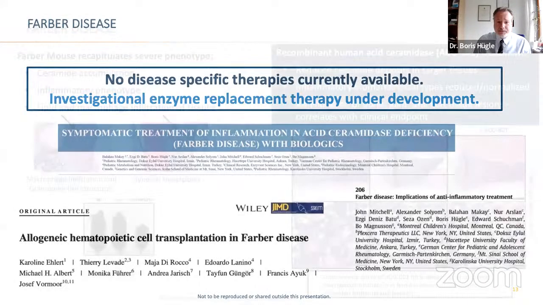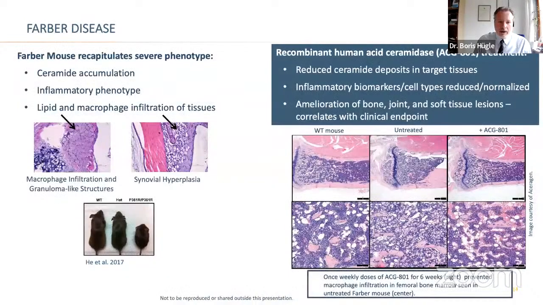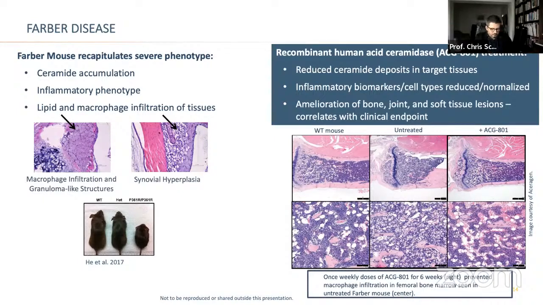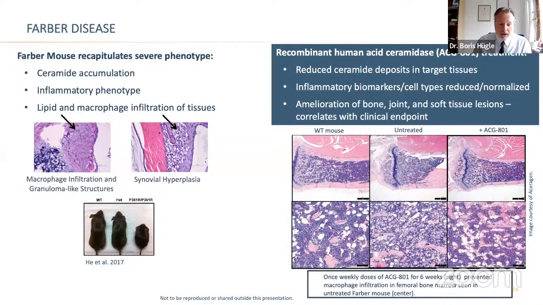Next slide, please. Okay, so enzyme replacement works in theory, at least it has been shown in mice. You can see on the left side, the lower picture is mice with the ASAH1 mutation. So you can see on these three mice, the left is the wild type, in the middle is heterozygous, which is really very similar to the wild type, and to the right you can see the mouse with ASAH1 homozygosity, so it's very